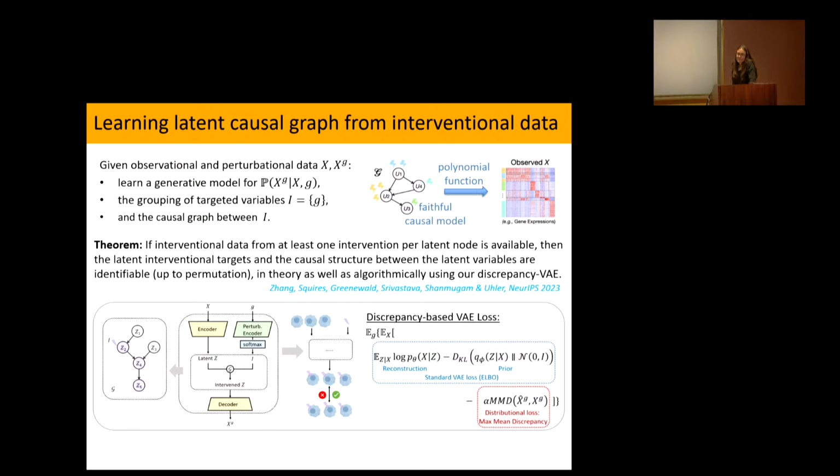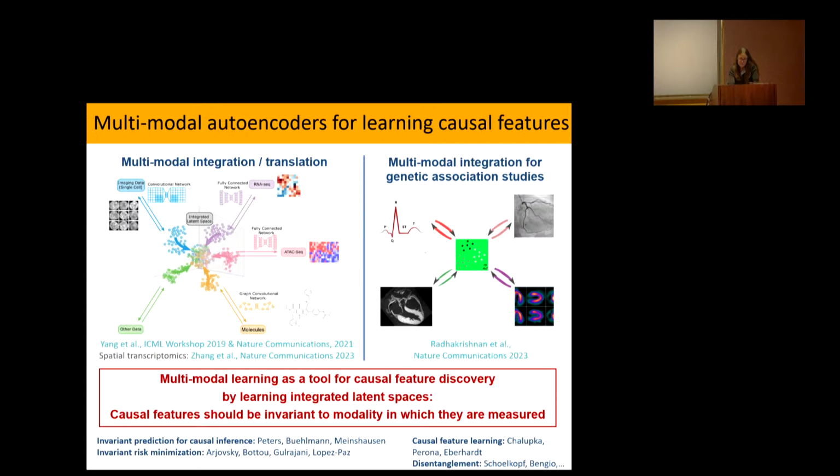Any last questions? We got one. So I had a question, I'm not sure if this is something that you care about, but whenever you go into the latent space, is there a way to get back out of the latent space, at least for the picture example, so that you can identify which part of the picture is relevant in terms of the causal relationship?